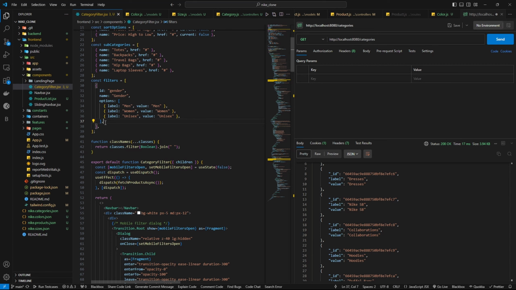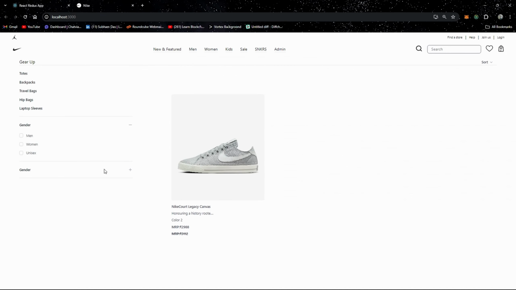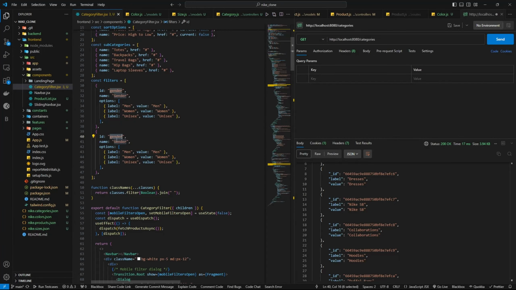Now the next one we are going to make is for the kids, so just copy it and paste it here. So now there will be two genders, so we need to change it. The ID will be kids. For the ID, just make it small handed, or lowercase, you can say. So kids, and then for the label it will be boys,